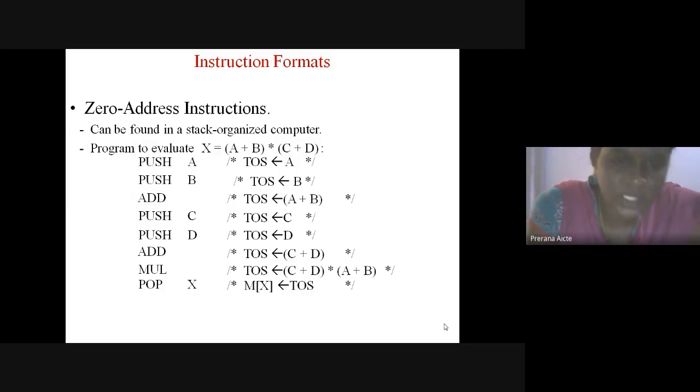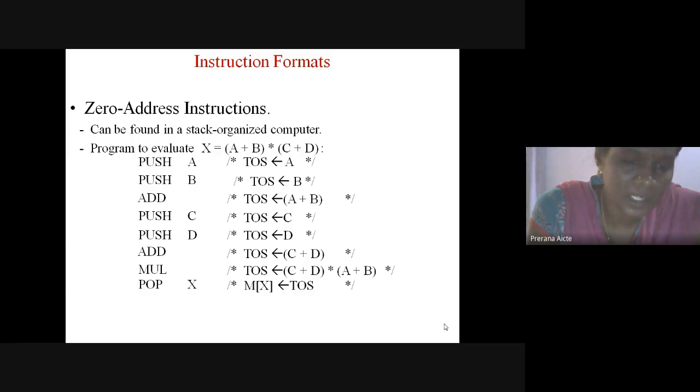And again push C. That instruction means the operand at memory location C is pushed onto the top of the stack, and again push D. The operand at memory location D is pushed onto the top of the stack. And next add. Pop the two operands C and D, perform the operation, then push the result onto the top of the stack, that is C plus D. And next mul.